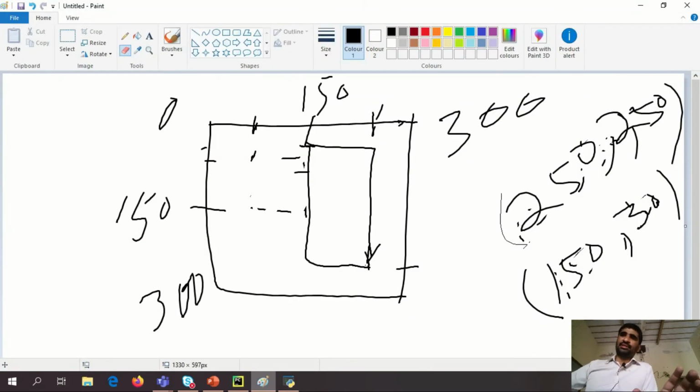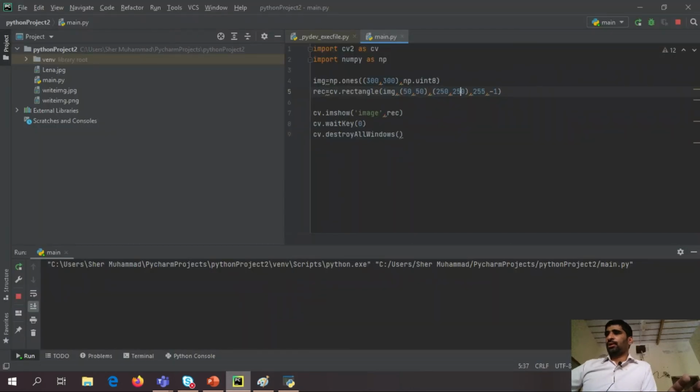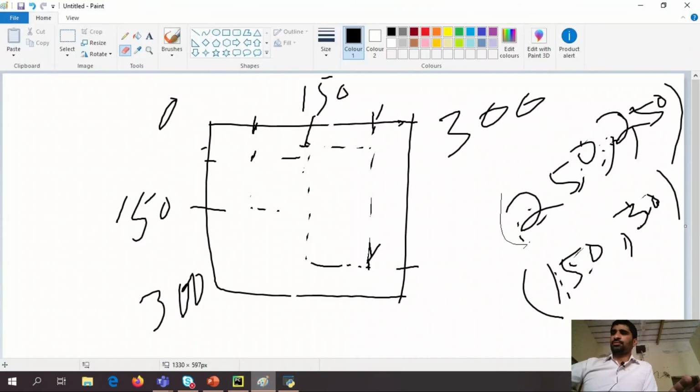First we find the initial point. So the initial point basically is 50 and 50. So this is 50, this is 50. So I find the initial point here.